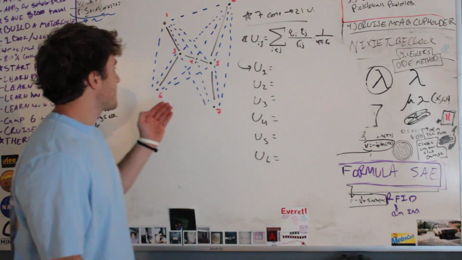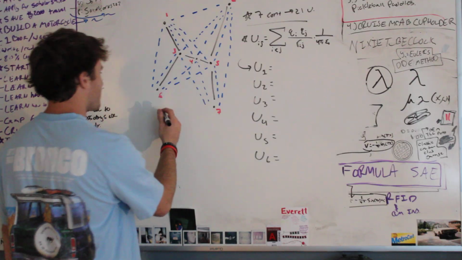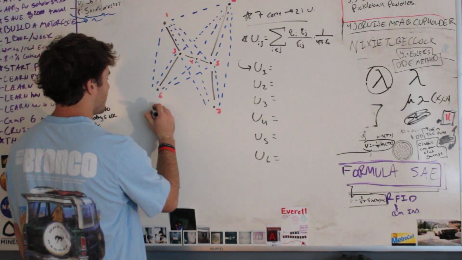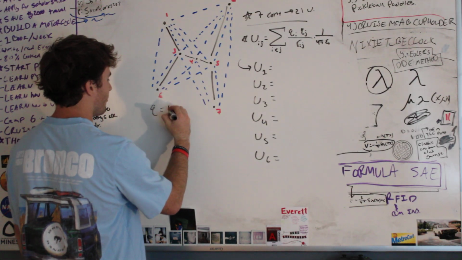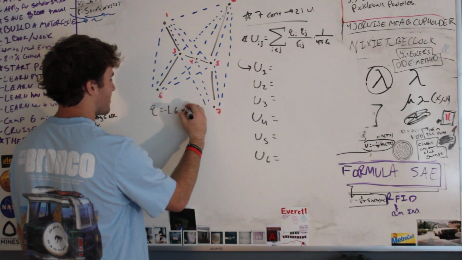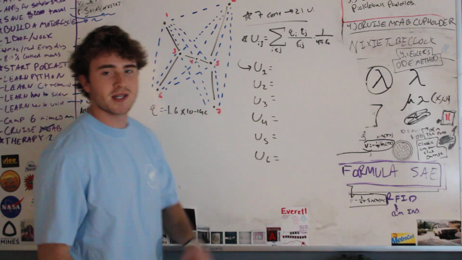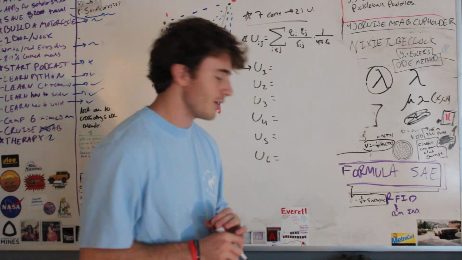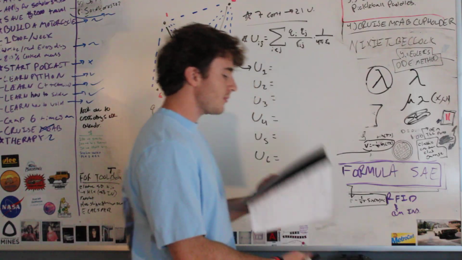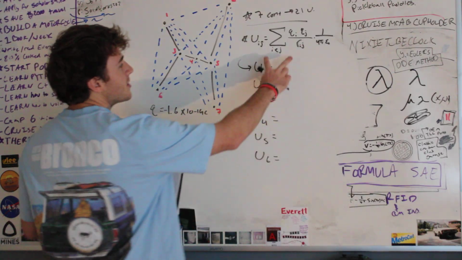With these given distances, first I think it's important to note that each of these marked points is going to have a charge of negative 1.6 times 10 to the minus 19 coulombs. We'll use this a lot. I don't have space to throw all of my work on here, so I'm just going to generalize it. Now essentially how this all boils down